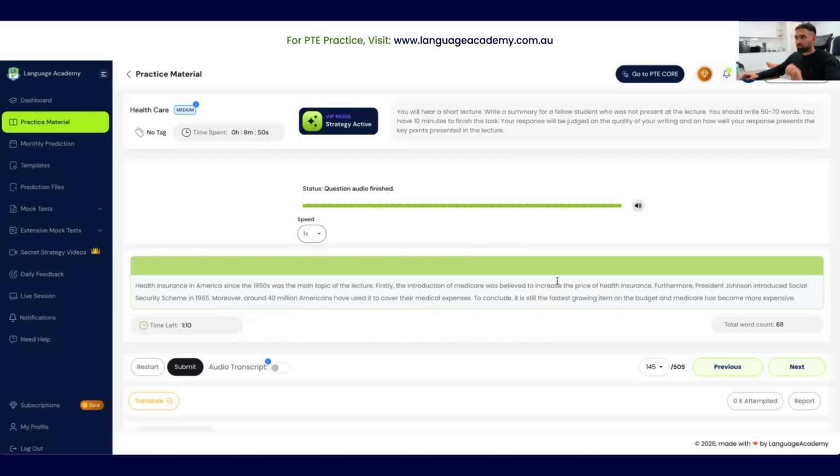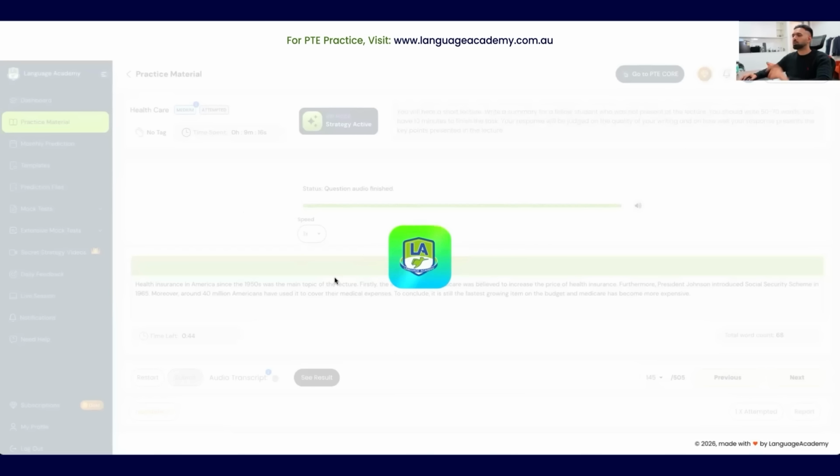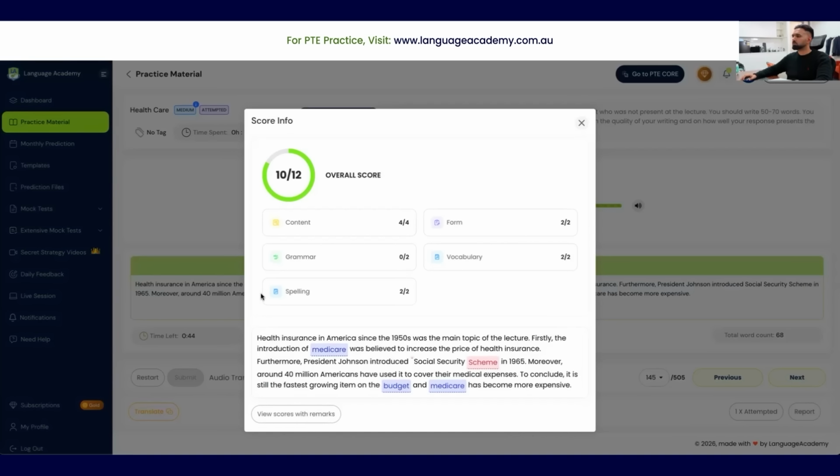You don't have to be 100% accurate. All you need to do is write relevant content. You have to be correct 70-80% as per the lecture. It's not that you just go all the way to the other side. Four to five sentences, around 65 words, no grammar and spelling mistakes. I've got a few grammar and spelling mistakes, I believe. Maybe a couple, or maybe not. Let's submit. Let's see how we get the feedback here, right? So once we submit it, let's see the feedback.